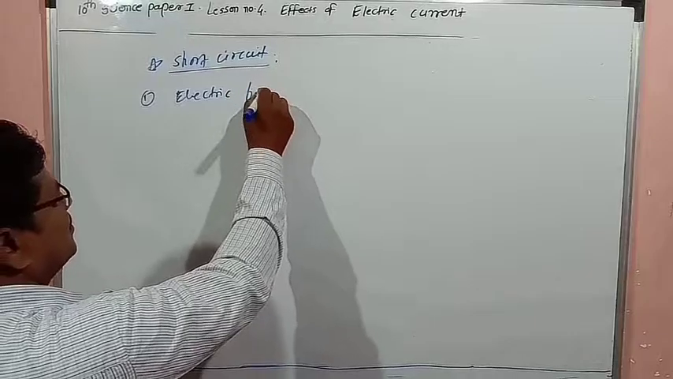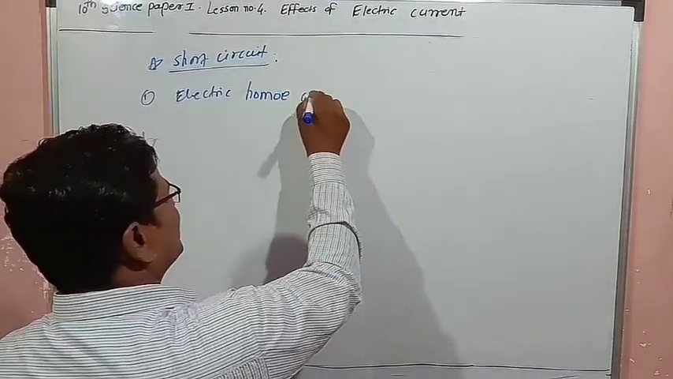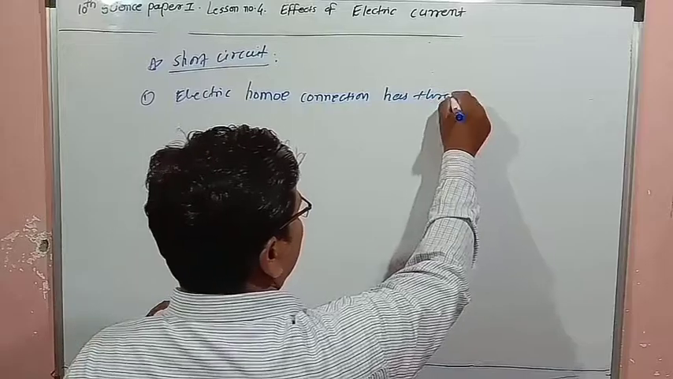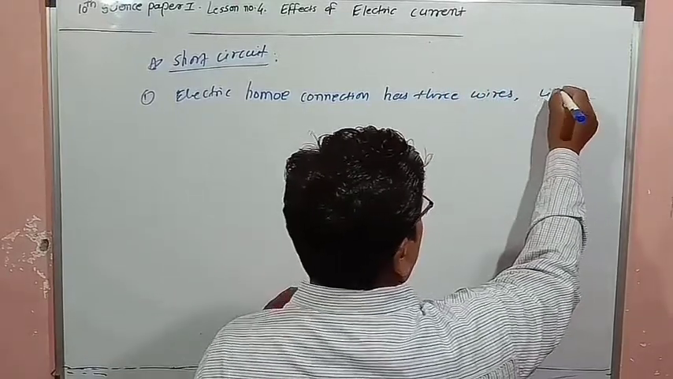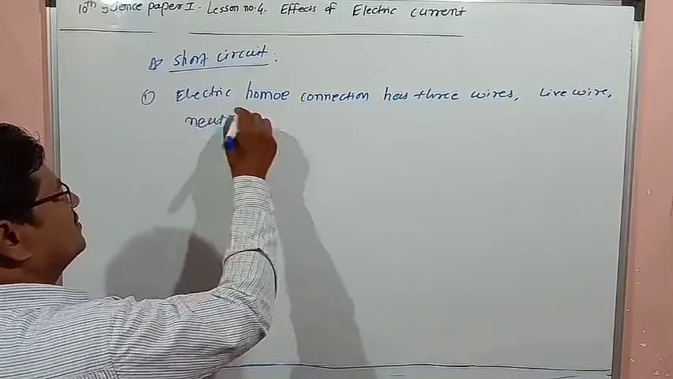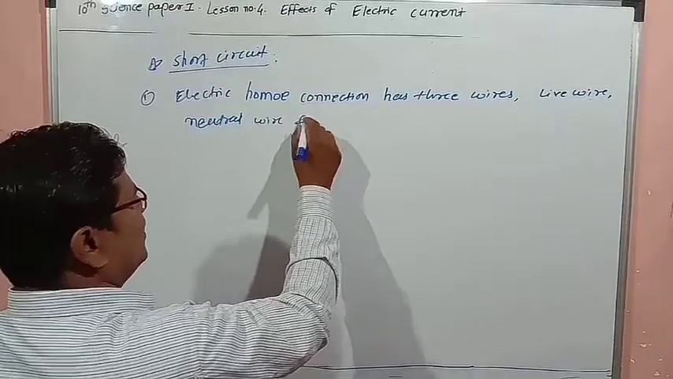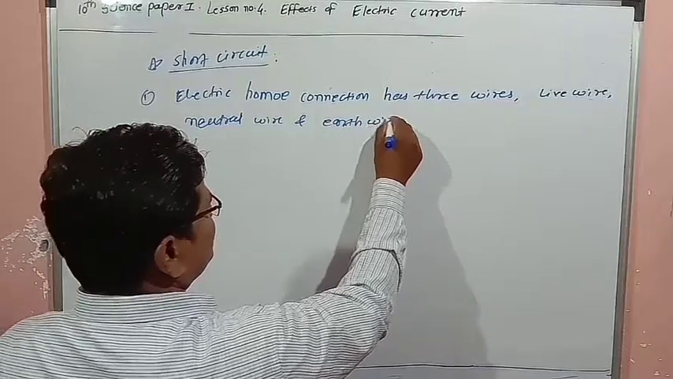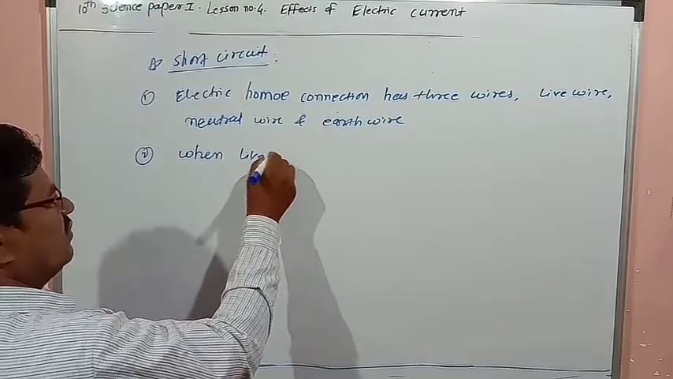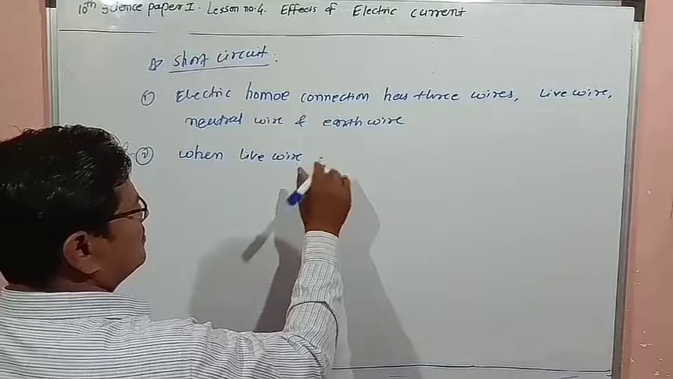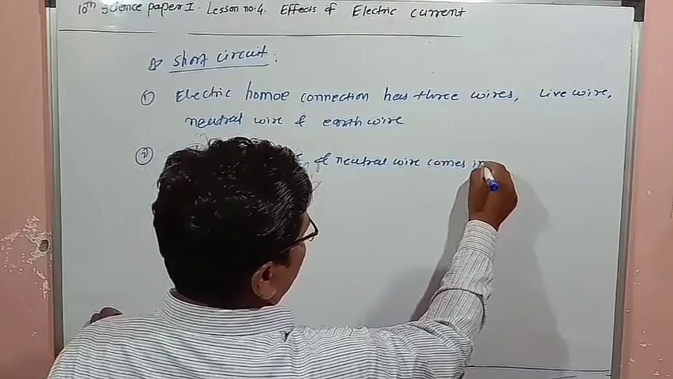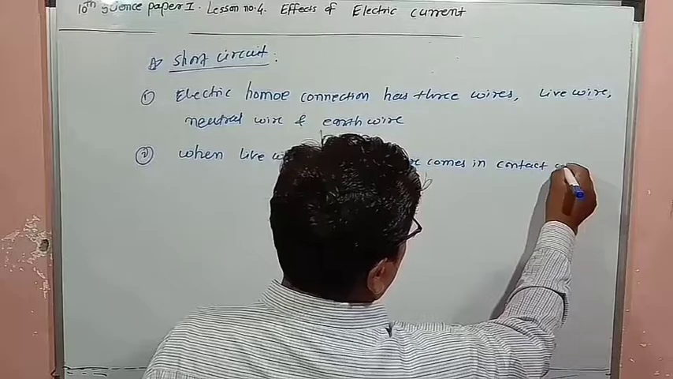electric home connection has 3 wires, which are live wire, neutral wire, and earth wire. Second point, when live wire and a neutral wire come in contact with each other